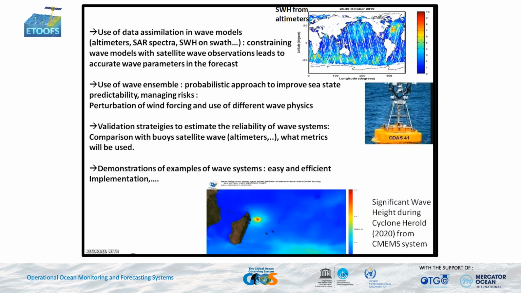So talking about the data assimilation needs to introduce the available satellite wave observations such as altimeters and directional wave spectra from synthetic aperture radars. Altimeters are more commonly used, and we have actually more than 6 altimeters flying, giving significant wave height for